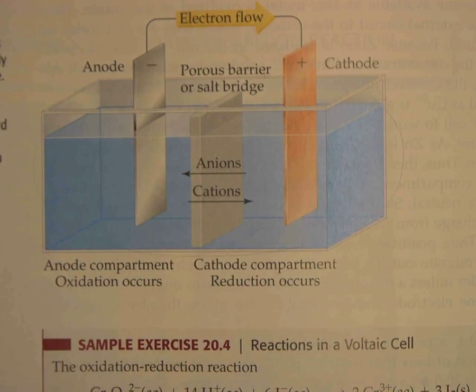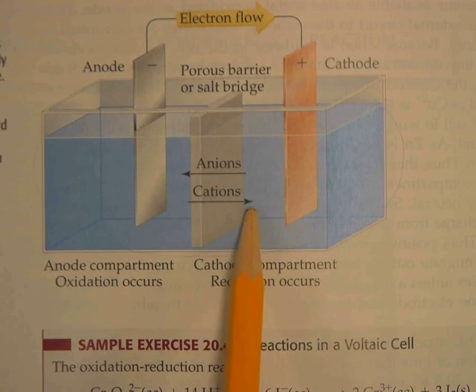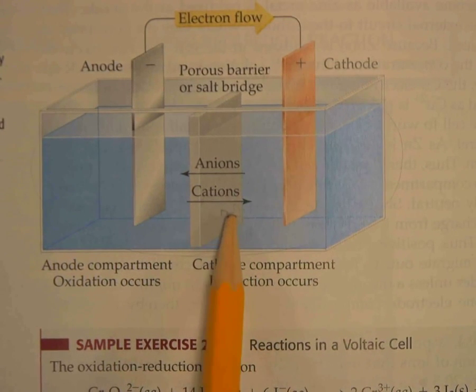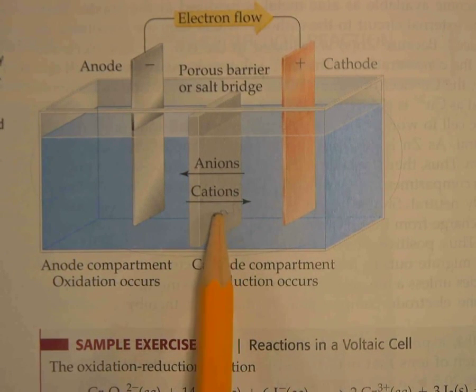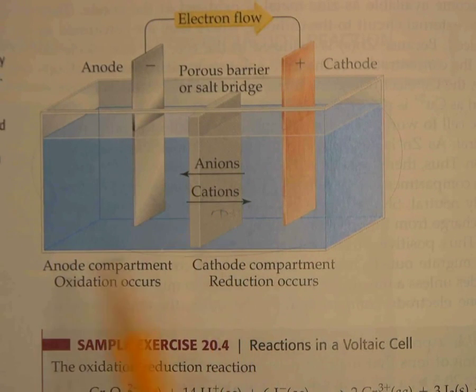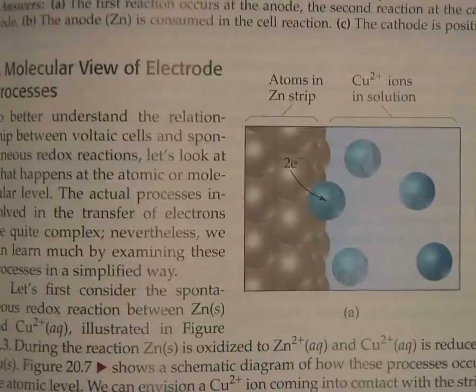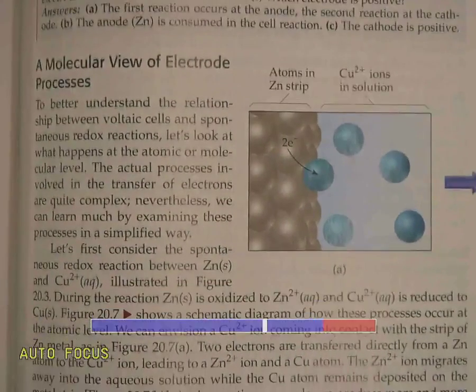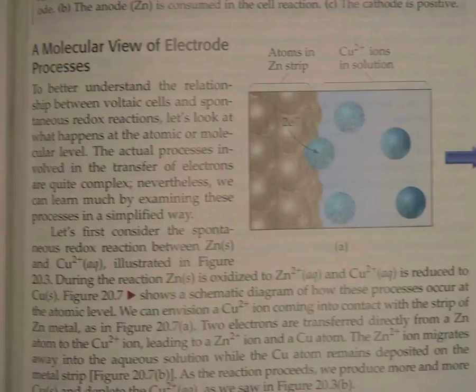You usually see that this stuff right here is in some form of a paste, or if you've ever taken a AA battery apart, you'll see that it's kind of damp, but it's kind of some gooey stuff that allows the flow of anions and cations and therefore electrons. On the next page, they actually go through a molecular view of the electrode process. And I just want to point out on this picture right here,